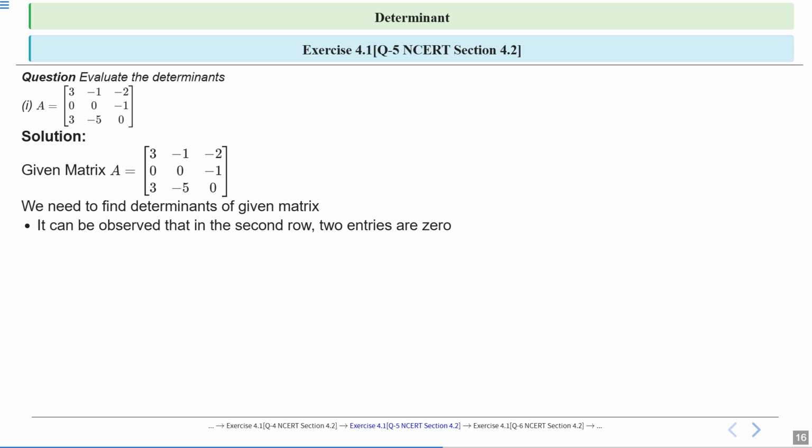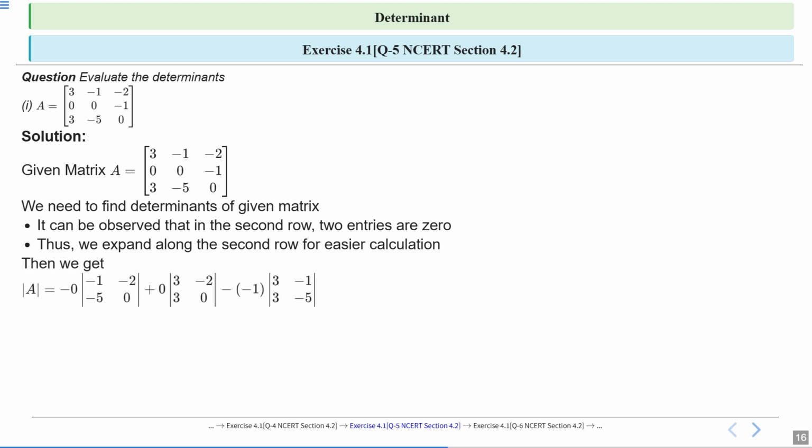The first entry is A21 and the next is A22. As we know, A22 represents the second row and second column. As there are two entries that are 0 in the second row, we expand along the second row for easier calculation. Then we get determinant of A is equal to minus 0 into